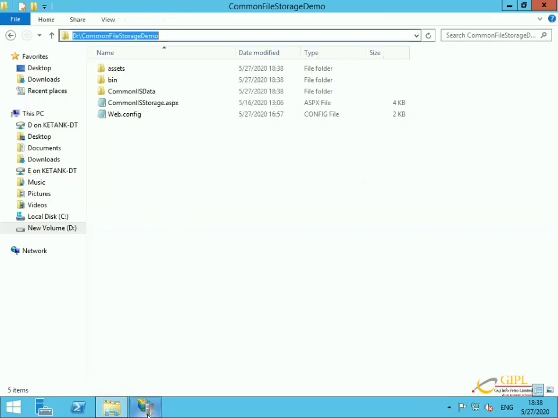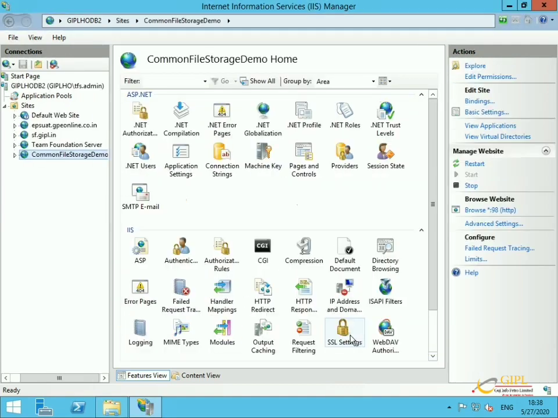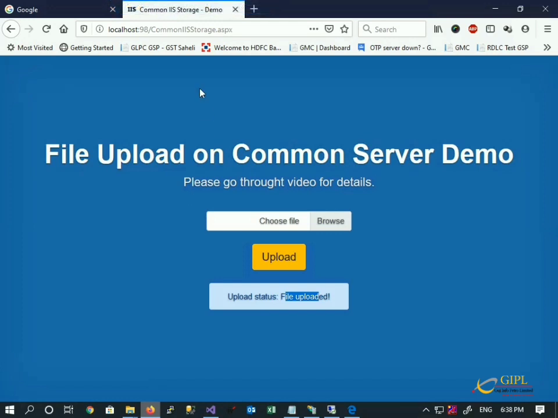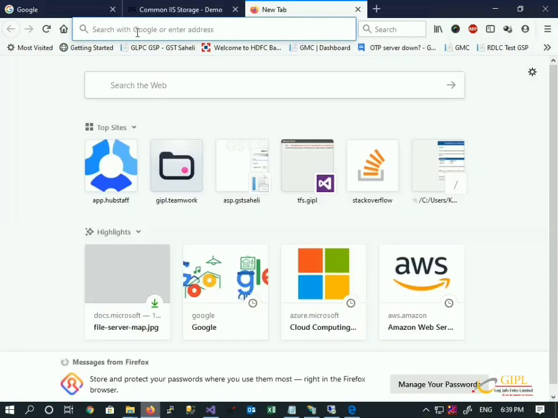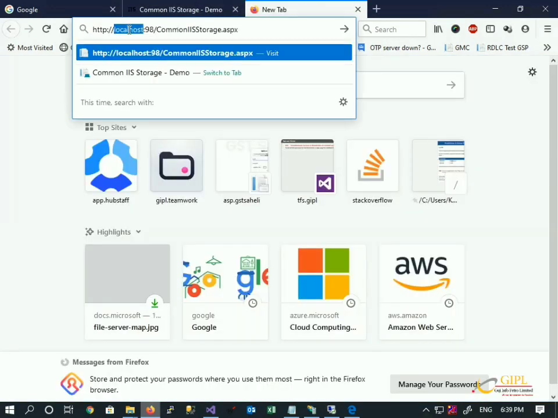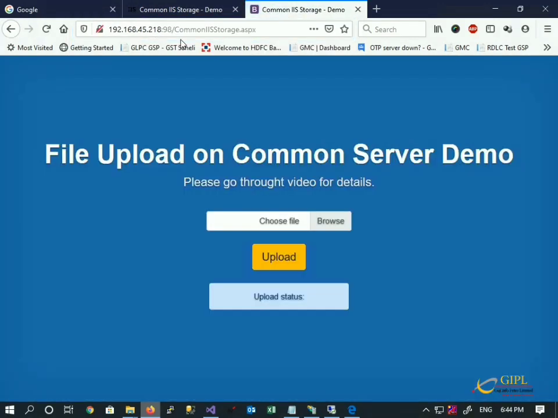Physical path, port number 98. Same code I have pasted on server 2. Let us access it through the IP. So it's hosted on server 2.